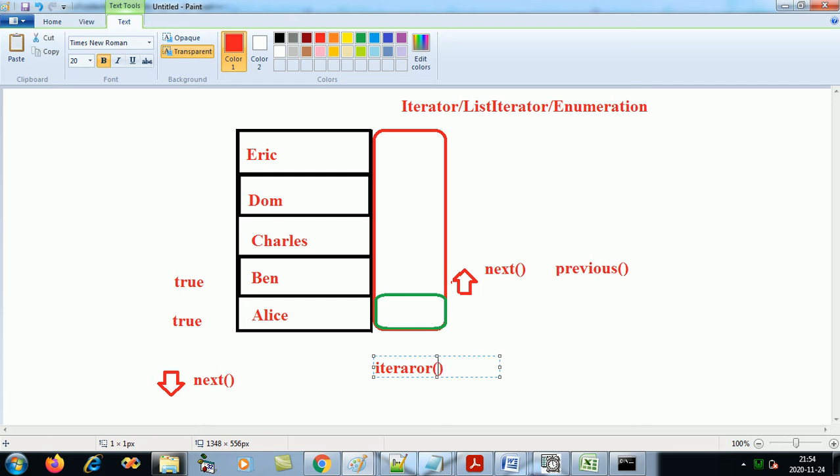This iterator method will be called using the object of the collection class, so myList, my ArrayList. If this is a LinkedList, you can use the object myLinkedList.